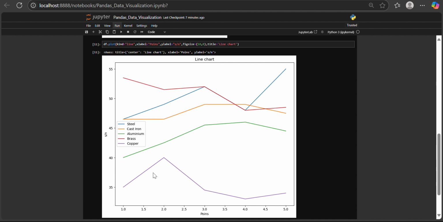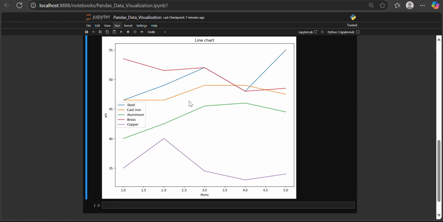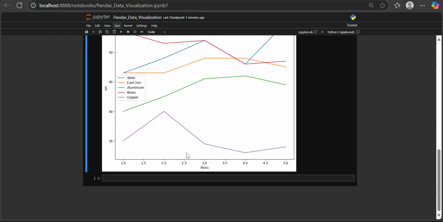Another thing now is that we can split these lines so each line will be represented in an individual chart. By using the subplots, setting subplots to true, we can split this chart into 5 different charts, each column being represented by each line on this general chart. So if we set the subplots to true,